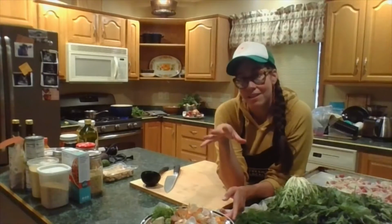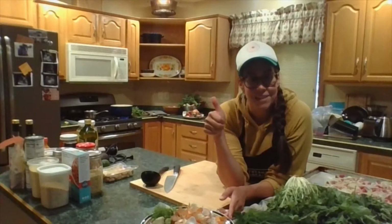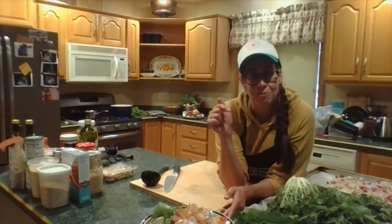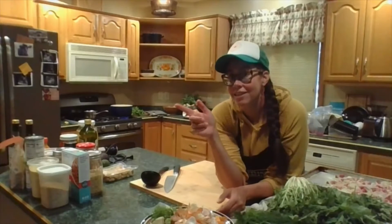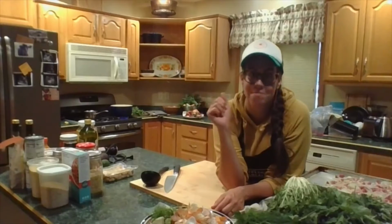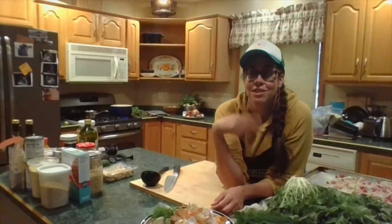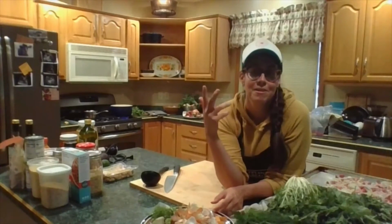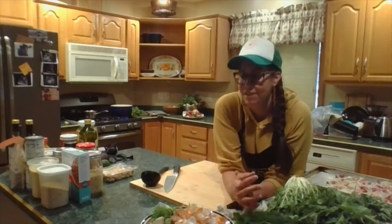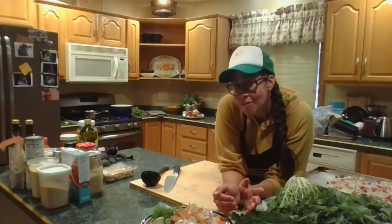Some things broth better than others. So things in the allium family, good to broth. Root vegetables that are on the sweeter side of things, good to broth. So I'm thinking carrots, I'm thinking fennel, things that get sweeter when you roast them, or they're kind of frost-kissed in the field. Things that don't broth very well